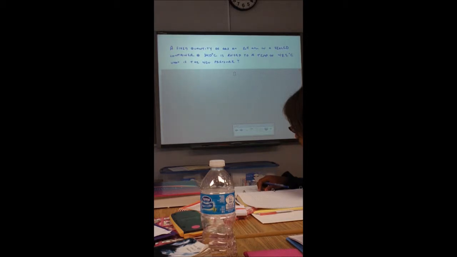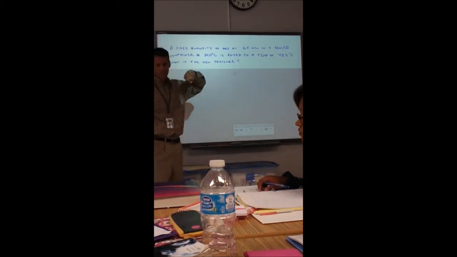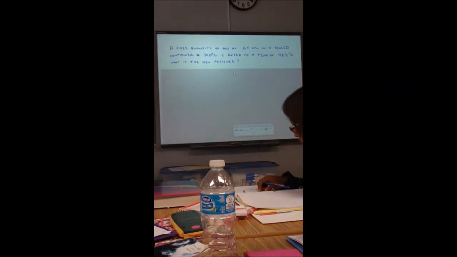set it, or solve it for what you're looking for, in which case this is pressure. But do it in such a way where you set the two ideal gas equations equal to each other. And then you can cancel out what has stayed fixed or what is constant. And then